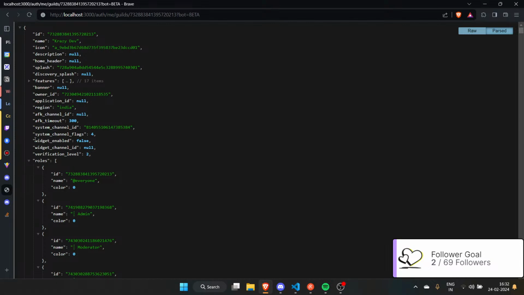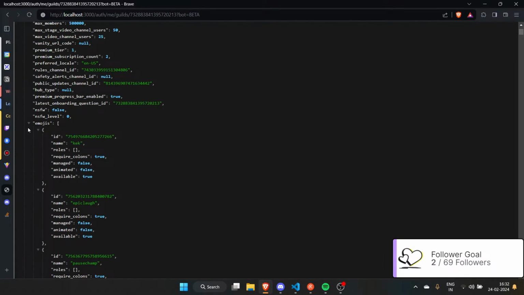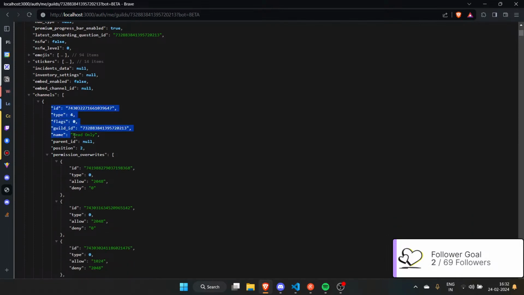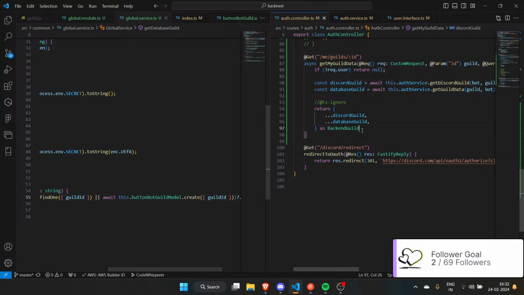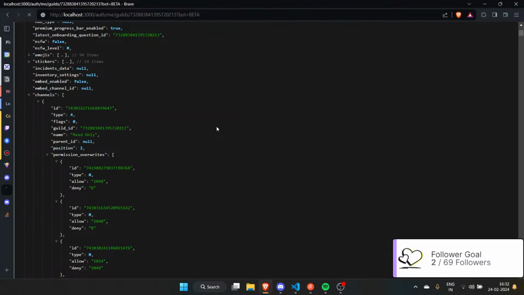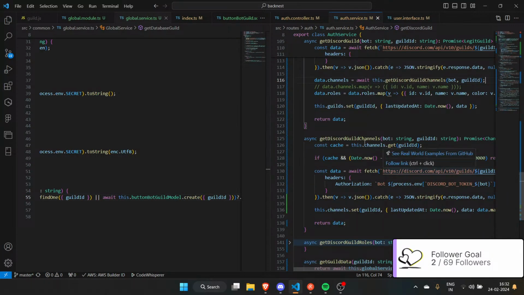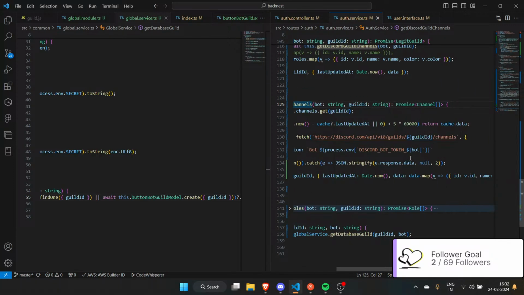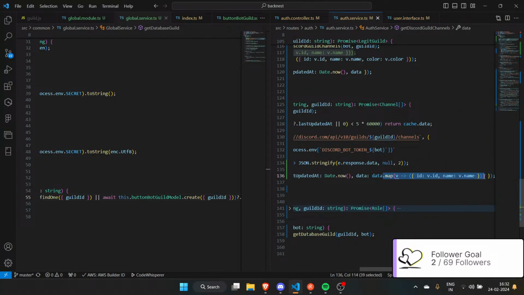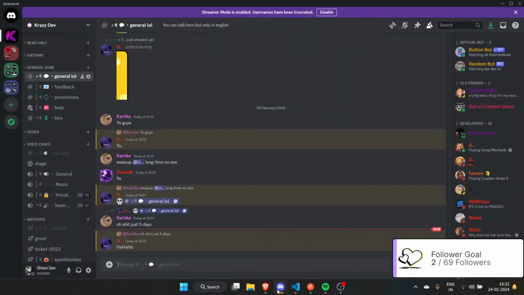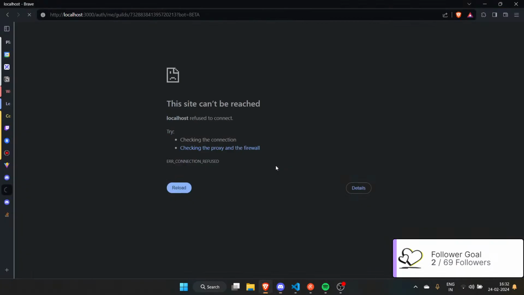So we have features, I could care less. We have roles, lovely. We have emojis, I could care less. We have stickers, I could care less. We have channels, with a goddamn lot of things for some reason. I need to fix that. I don't want that many things. Let's reload it. This time I think we should have less stuff. Damn, dude, why do we have that much stuff? I don't like that. Guild channels, blah blah blah. I'll just paste that there. Reload that. And that didn't work.